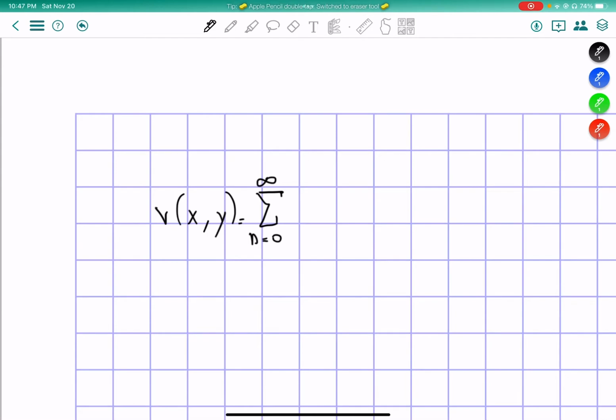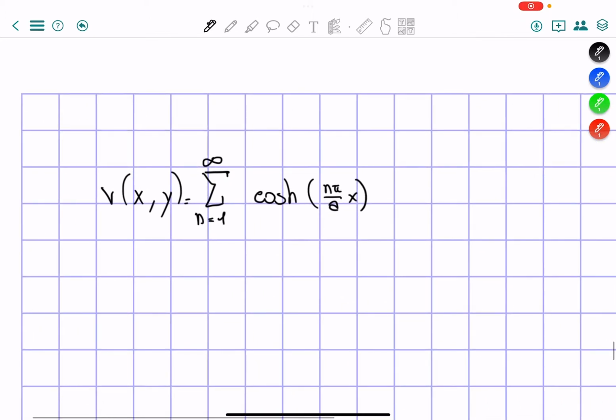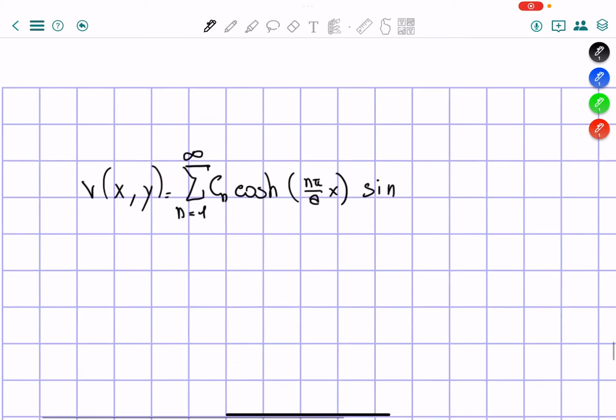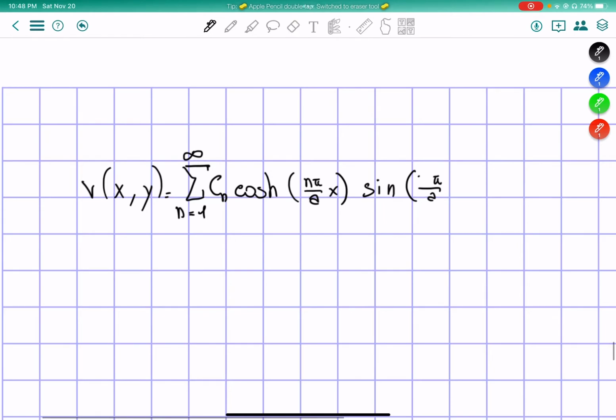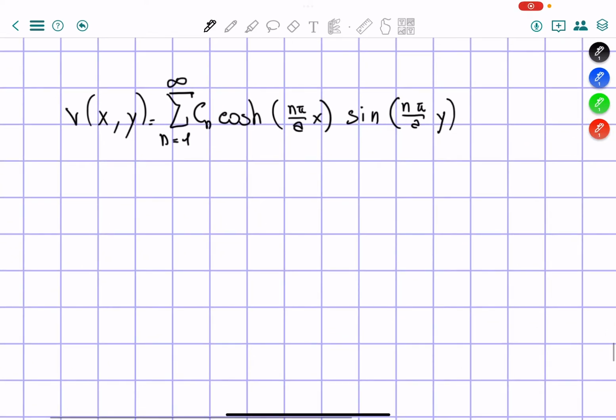Of n, I'm starting from 1, of course. We said hyperbolic cosine of n pi over a times x, and of course a constant in front, I'll call c_n, times sine of n pi over a times y. Okay, now we have to find the